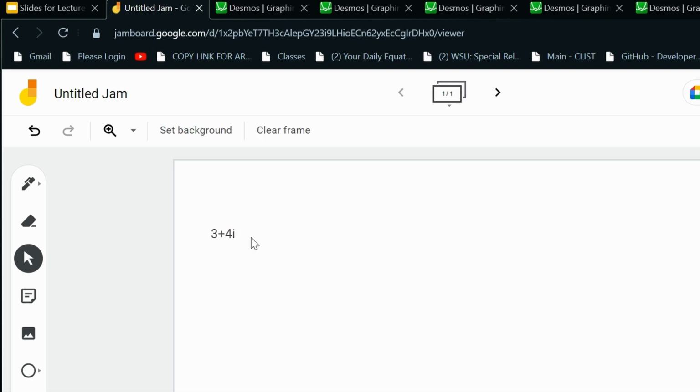What does this number mean and what are the properties that we talk about? When we say that a number is 3 plus 4i, it means that it has 4 on its imaginary side. So when we draw its graph,